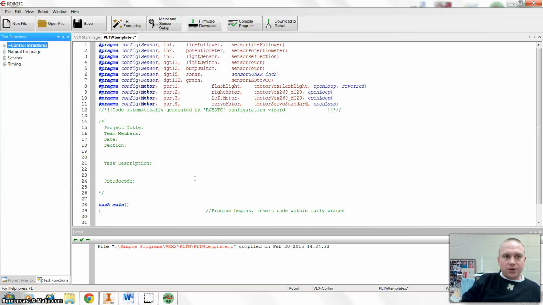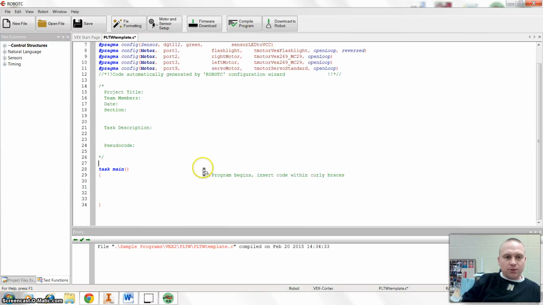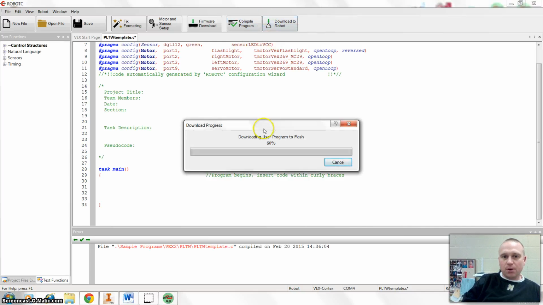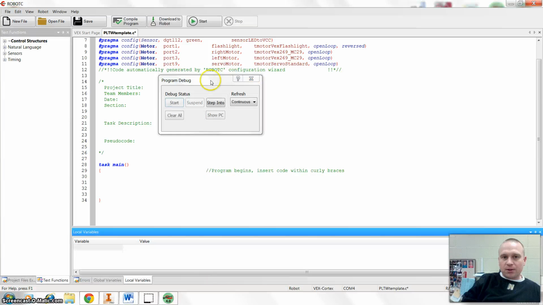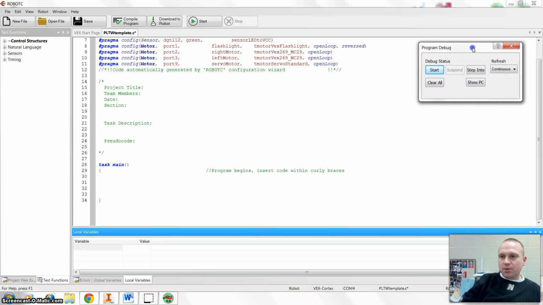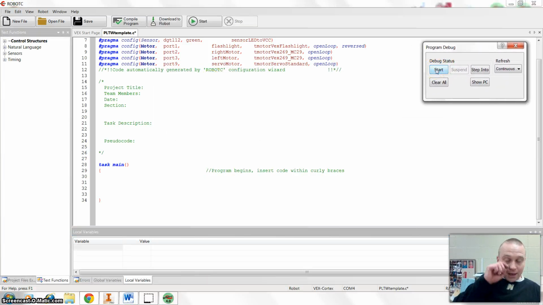Alright, the next thing that you need to do is compile your program. We don't really have any program in here. We're just going to compile the program so we can get readings on the different sensors and motors. So I'll click compile program, and then I'll download that program to the robot. You'll see the program download, and then from there you can go ahead and